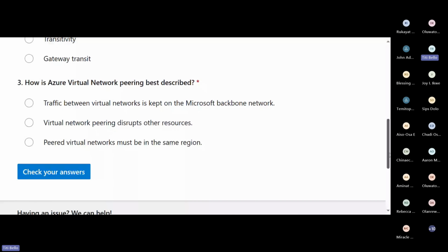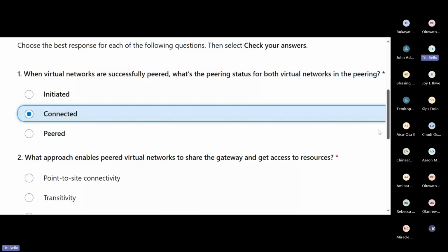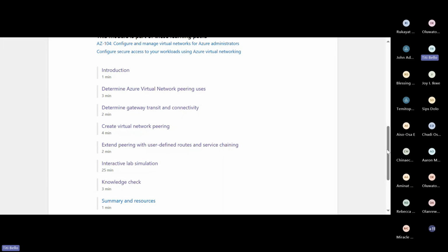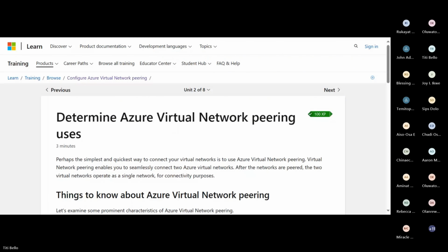My screen is a bit off, because I enlarged it, so sometimes I have to scroll through the configuring Azure. This is where we started from. I'll just do a refresher because I feel like maybe we are not understanding this part. So determine Azure virtual network pairing uses. One of the things you need to know,